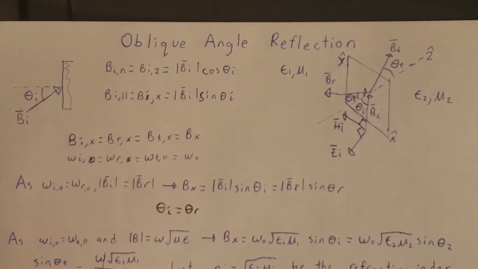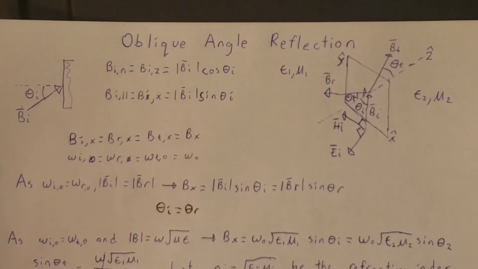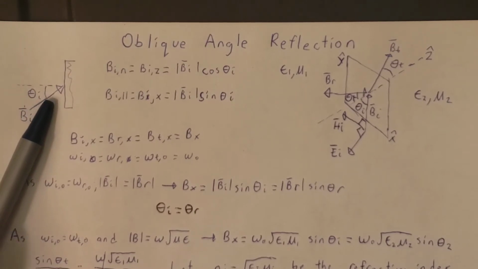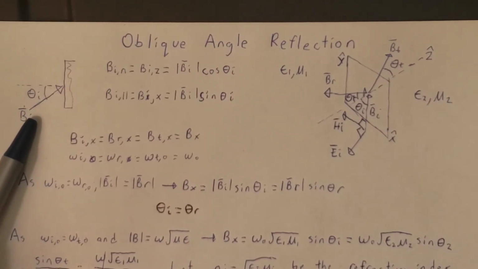Now, we have determined what will happen when a wave strikes a plane of incidence normal to the plane, but in a lot of scenarios, this wave will be hitting the plane of incidence at an angle, which we will call the angle of incidence, or theta i. Now, the direction that this wave propagates in is a vector,